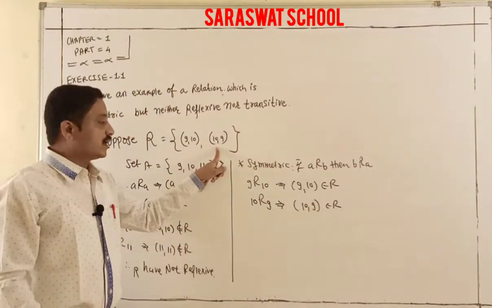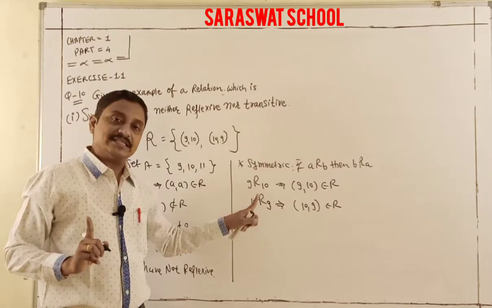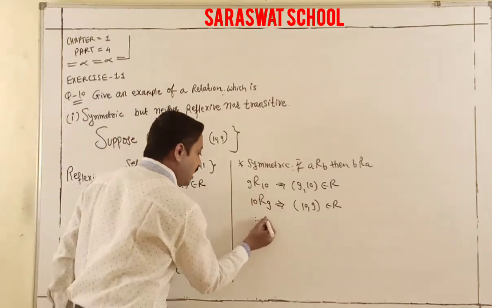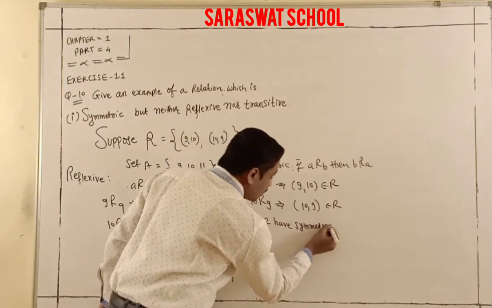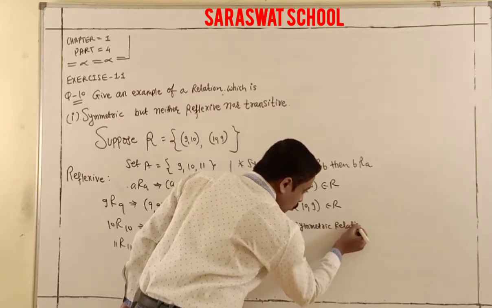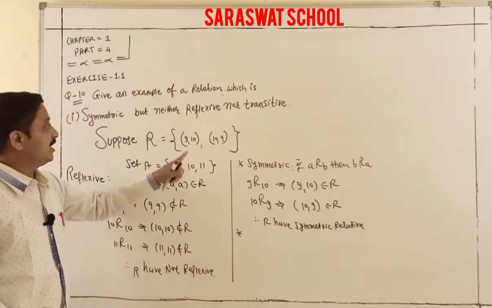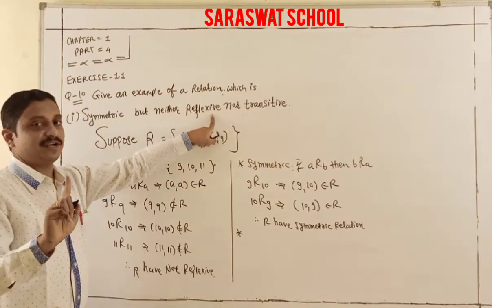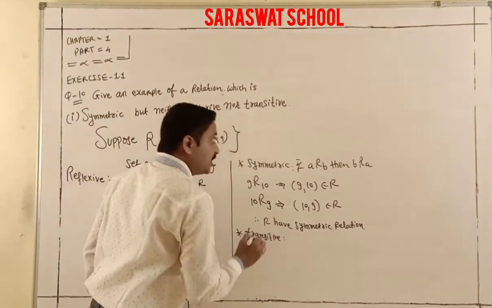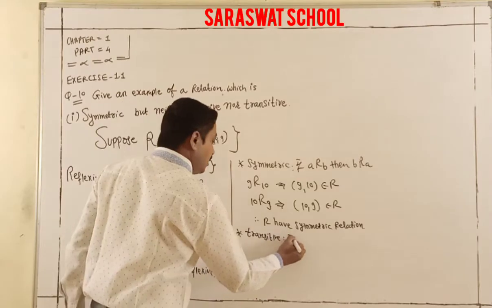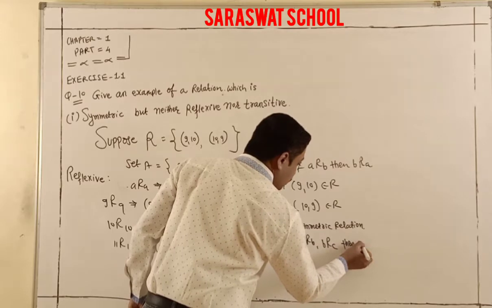Students, we do not need the other number because the first data is necessary to take as true, and then the second check. So definitely here R is a symmetric relation. And third one, transitivity. Here showing not transitive is very easy. For transitive relations, similarly apply: if A relation B and B relation C, then A relation C.